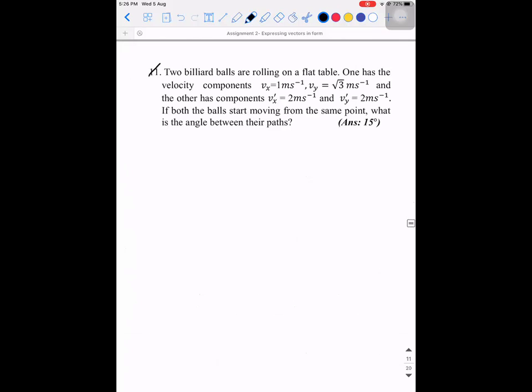So there are two billiard balls that are rolling on a flat table. One has a velocity component Vx 1 meter per second and Vy